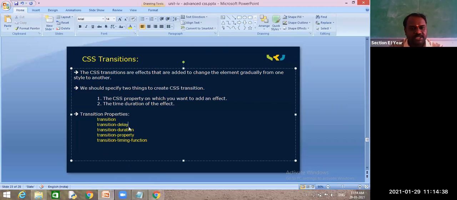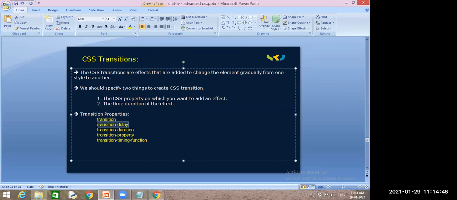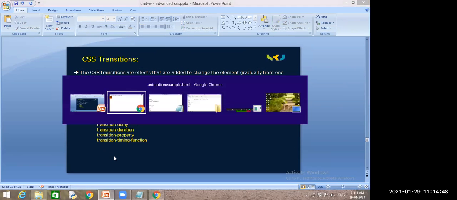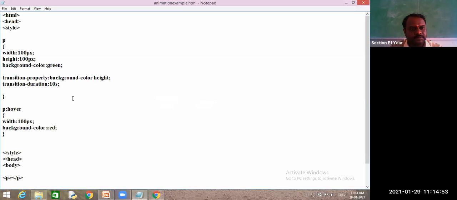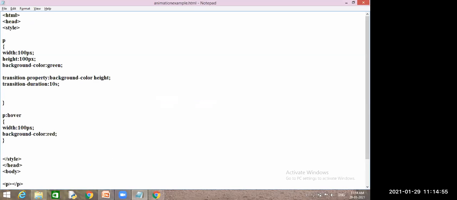And next one, transition delay. What does transition delay say? What is transition delay? Hello guys, what is transition delay? When we open the web page, it delays some time.